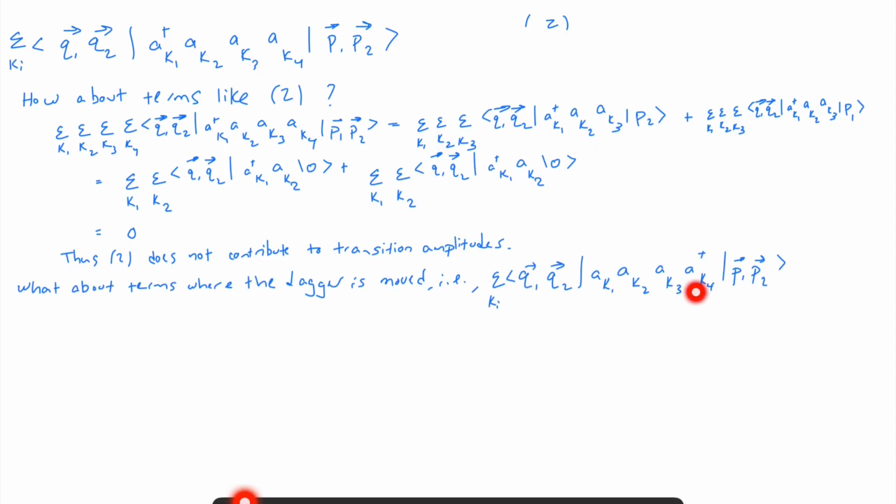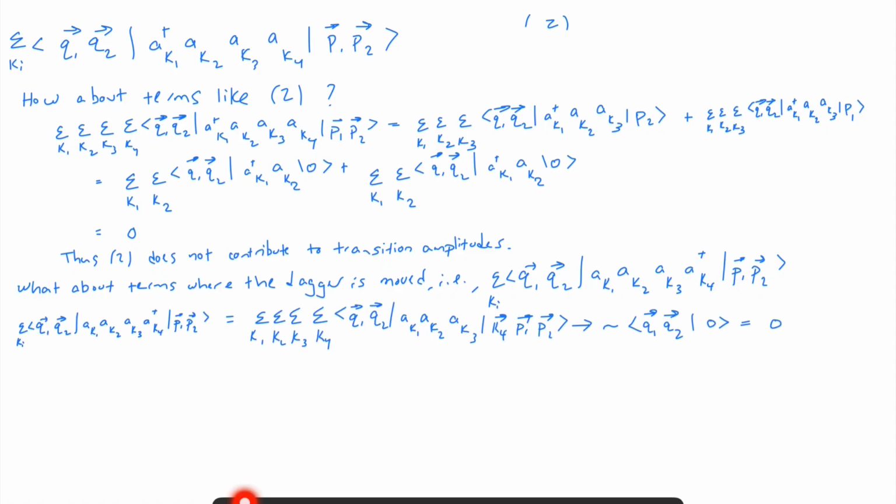What about if the dagger is moved to the right? Well, basically, you can take your time and just start cranking out these calculations. If this dagger is moved to the right, then I have an interesting situation where I have a sum over K4. So technically, I'll have all 3 particle states in this calculation. That K4 ranges over all possible momentum values. P1 and P2 are unchanged. Then I'm going to hit it again with